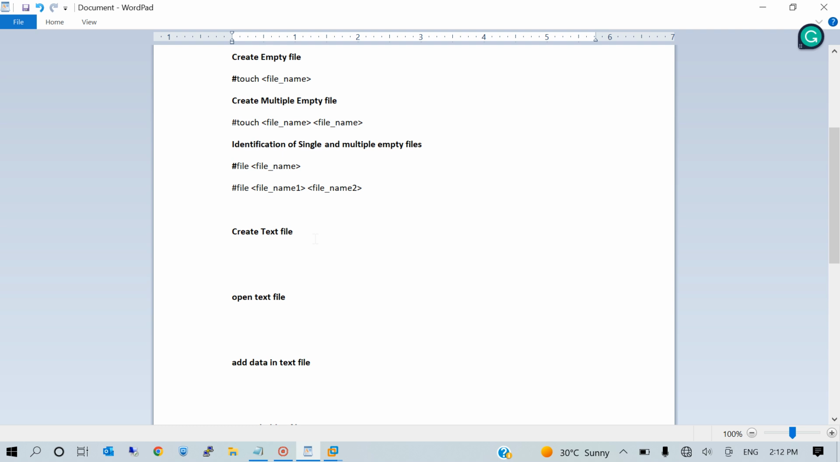we have to create a text file where the data is present. So using the cat command, cat forward slash and file name, will add, giving the file name. Suppose Mumbai 1. Okay,